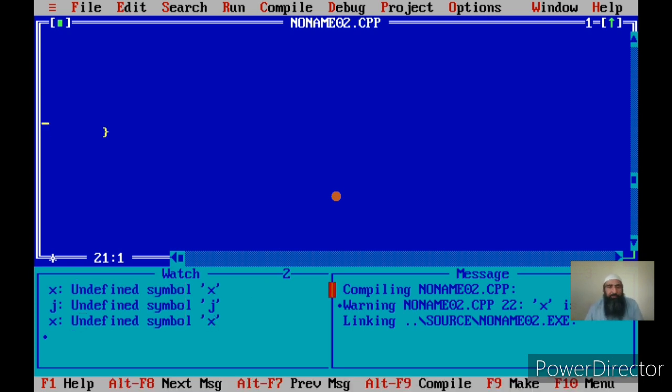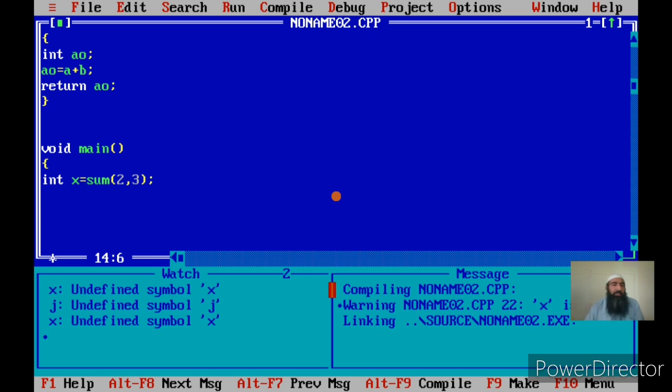So we can assign a value to a variable by using this method, that is, variable equal to function call. This can be done both at the point of declaration as well as later on. Now later on, x equal to sum of 4, 4.